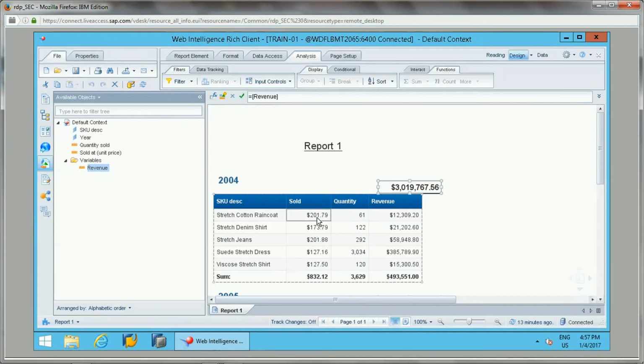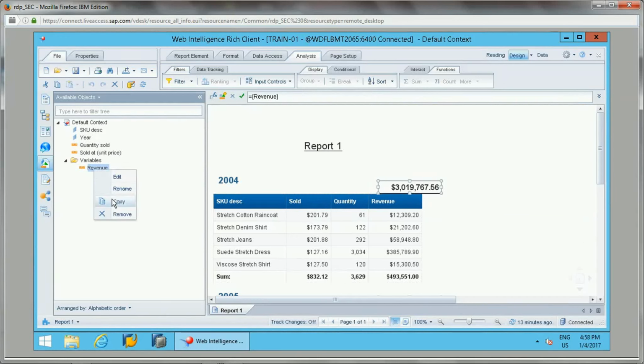Because it is not giving the correct result, we need to specify year and SKU description as a context as well, because it is not considering year and SKU description. So how can we specify that?